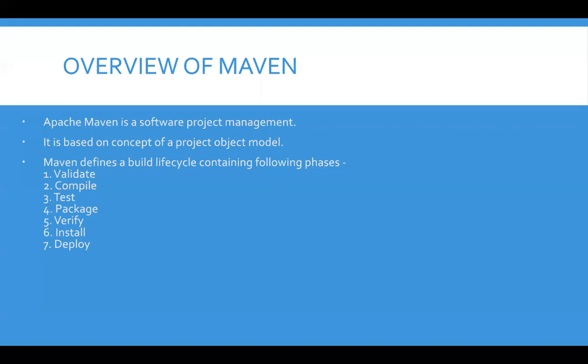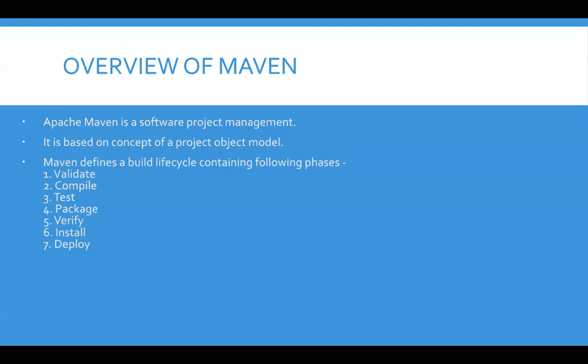For validating the project, Maven checks your project and checks if it's valid and whether all of the necessary information that is needed for building your project is available or not. In the compile step, Maven simply compiles the source code of the project, and then it gets to the test phase and tests the compiled source code using any suitable unit testing framework that you have included in your project. And these tests should not require the code to be packaged or deployed. As we see, they are run just after compiling your source code.